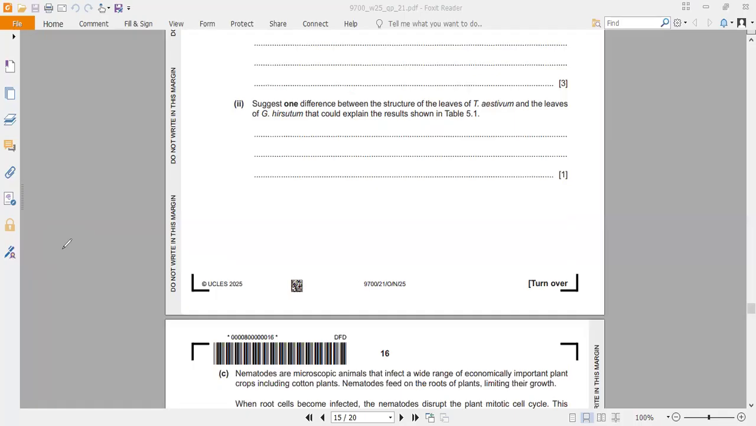So here you can see that the difference between these two can be due to the number of stomata present in both of these. So I would like, because only one mark is there, so